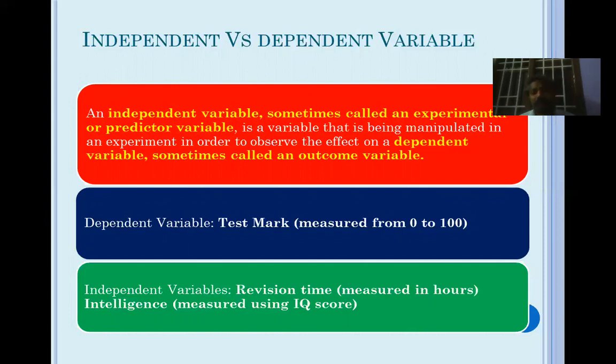Then come the dependent variables. We call them outcome variables. So what is the outcome? Maybe the mark scored by a student is a dependent variable. So what can be the independent variables? Maybe his gender, whether he goes for tuition or not, whether he undertakes online classes or not, whether he is good in communication or not, the number of study hours he spends in a particular week. These can all be independent variables. So the dependent variable is the outcome variable. The independent variable is a predictive variable.